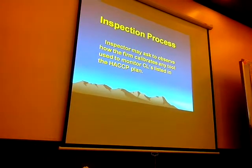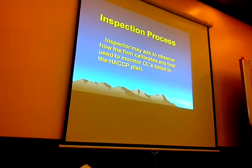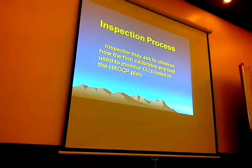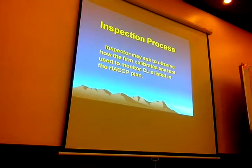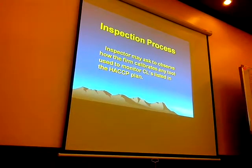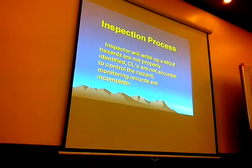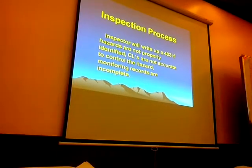Again, it could be other things, but with fresh fish, they're going to want to see how you calibrate your thermometer. Because you should be taking temperatures, and you should be calibrating that thermometer on a regular basis, and so forth. If they should find there are some differences between your hazard plan, your hazard analysis, and critical limits is different from what they